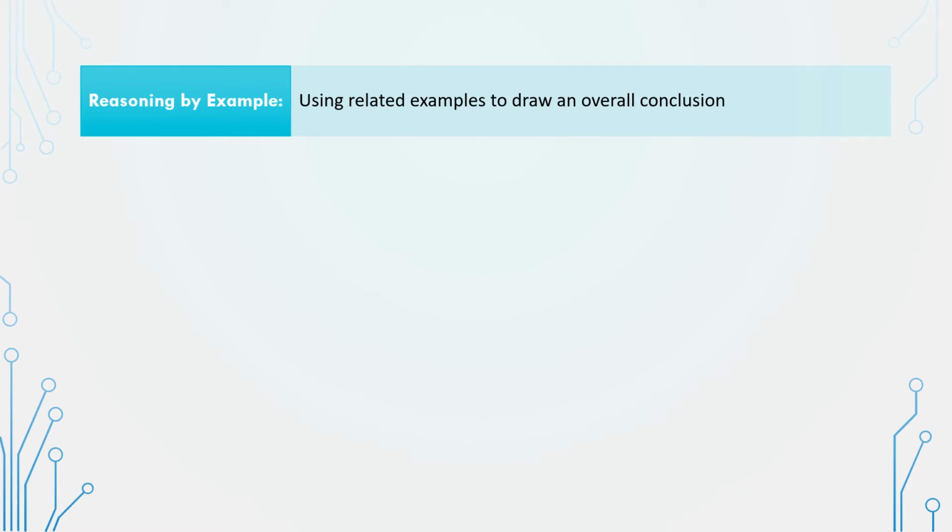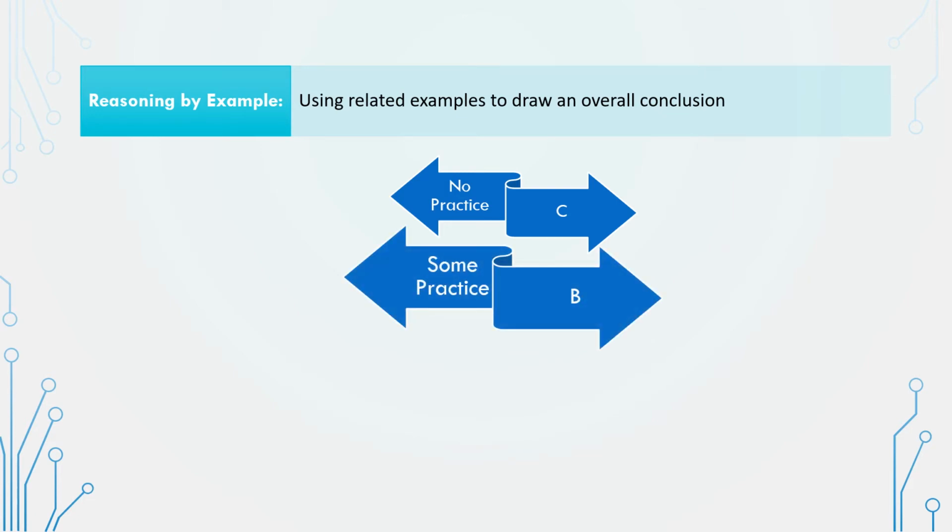The third form of reasoning we'll discuss is reasoning by example. Reasoning by example uses related examples to draw an overall conclusion. Let's take a look at this using our COM 1100 class as an example below. So let's say that for your first speech, your personal purpose speech, you thought, I have this down. There's literally no reason I need to practice this. So you don't practice, you come up and give your speech, and you get a C. For your second speech, you think, Instructor A really keeps bugging us about this practicing thing. Let me give it a try and see what happens. So you practice a little, and you get a B.